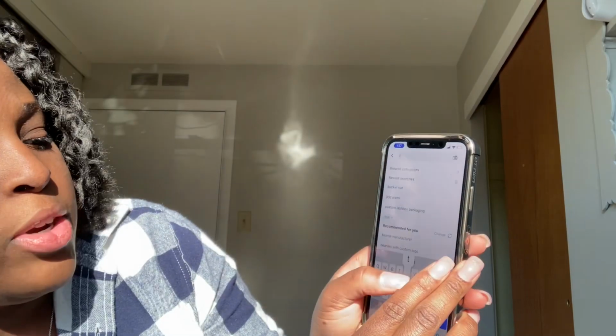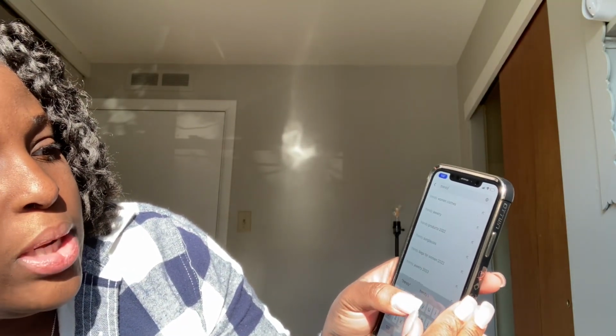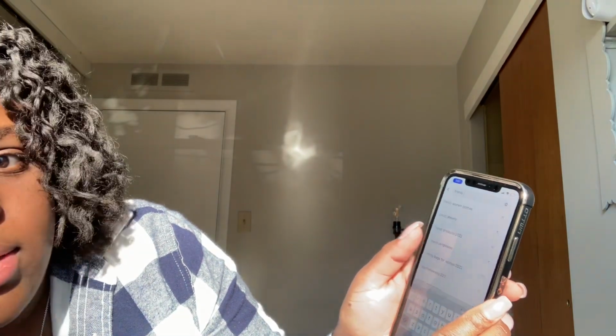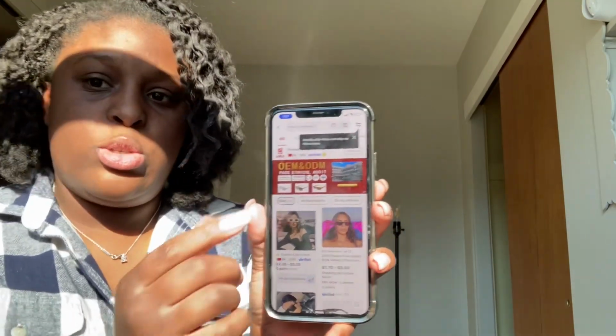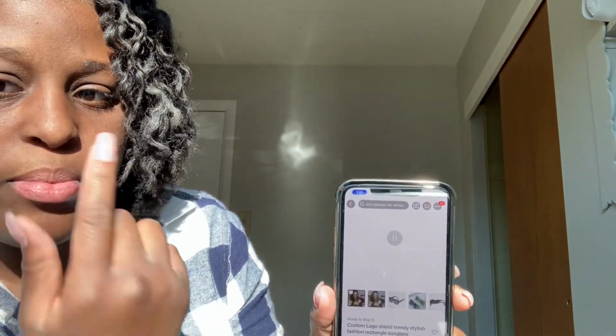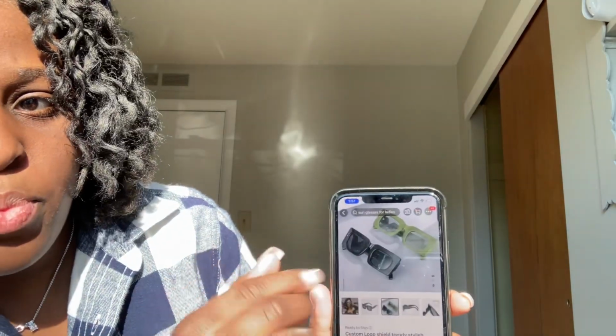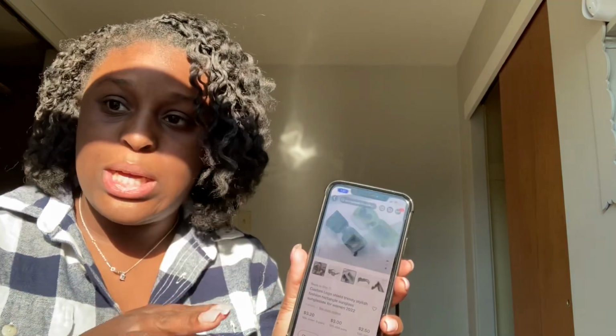We're going to type in trendy sunglasses. You can type in whatever you want. So you're seeing all the glasses, and these people are going to show you other people's pictures. These are trendy sunglasses at market prices. These look like Louis Vuitton, Dior brand or whatever. So if you want trendy sunglasses like that, this vendor that we just came across,